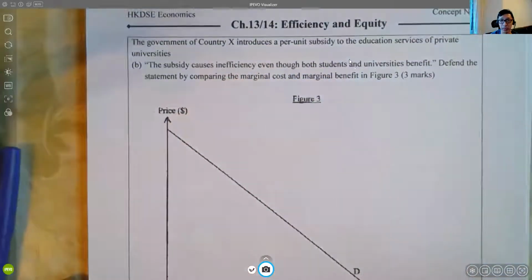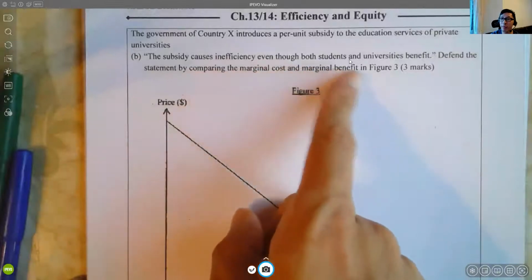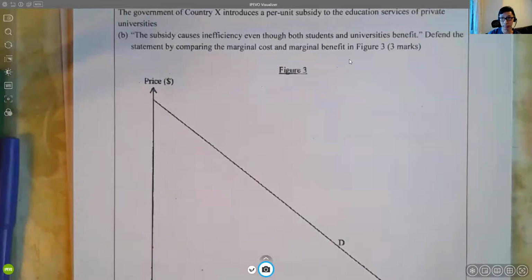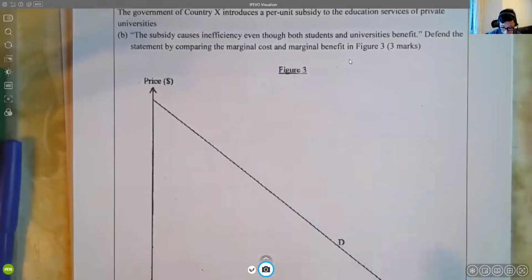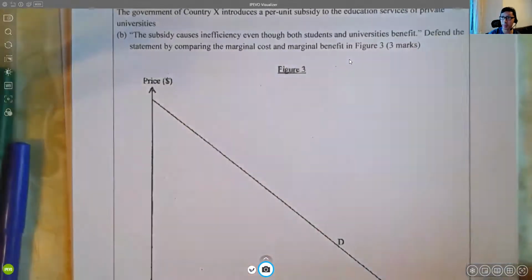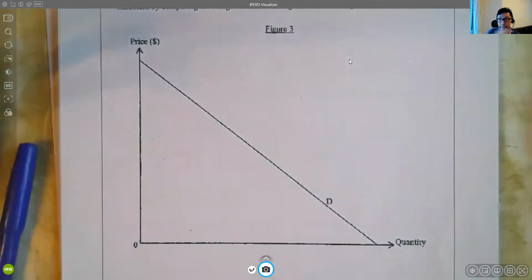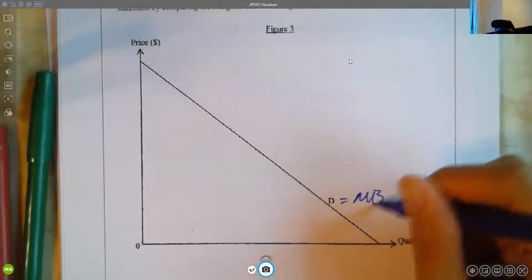Now here it says we have a per unit subsidy, right? Then it says the subsidy will cause inefficiency, even though both student and university benefit, right? Basically, it says PS increases, CS increases. Careful. It didn't ask you to compare PS and CS. It asks you to compare marginal benefit and marginal cost, MB and MC. So this time, do not chop it up. 唔係用我哋頭先個解法啊。